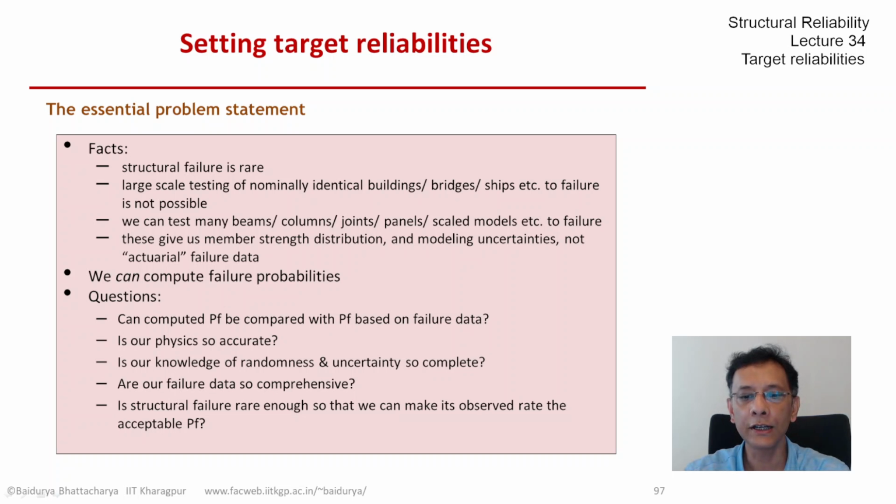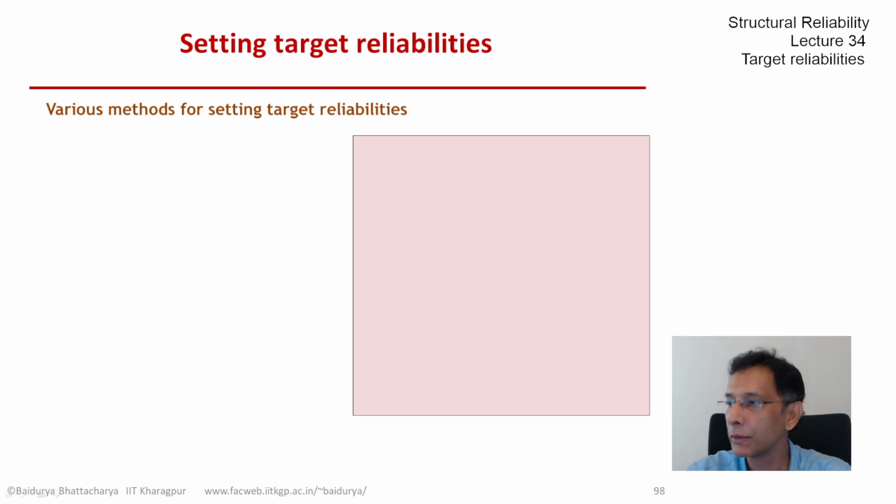So this concern of not wanting to end up comparing apples with oranges made the early investigators approach the problem of setting target reliabilities very gingerly. Although the problem had been well formulated for at least 20 years before the first reliability-based codes came out in the 1970s and 1980s. So as an example, let's take a look at the classical example that we have talked